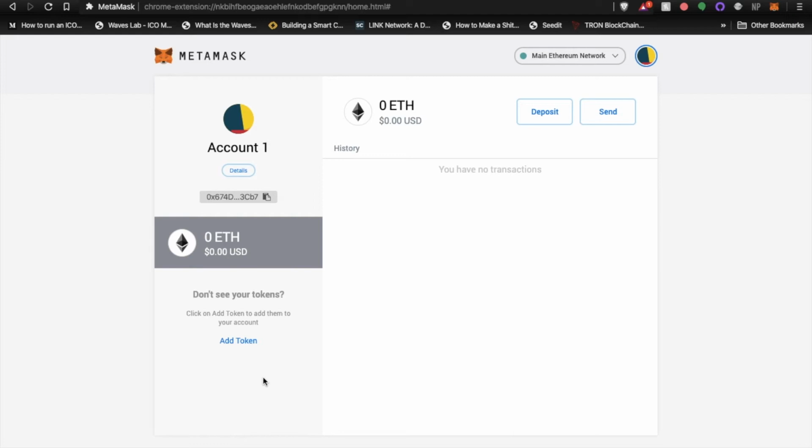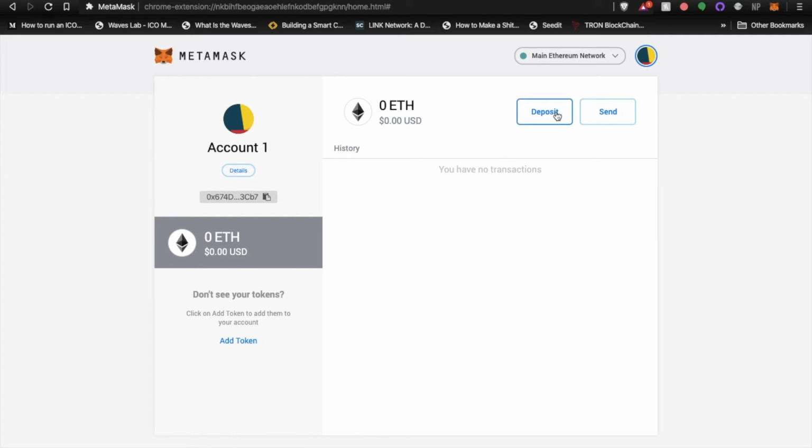And voila, here we are. So this is your account wallet landing page, right? This is what you're going to be looking at all the time when you're sending and receiving funds. Okay, so to receive funds such as ETH or maybe an ERC20 token, such as DAI or US dollar coin,